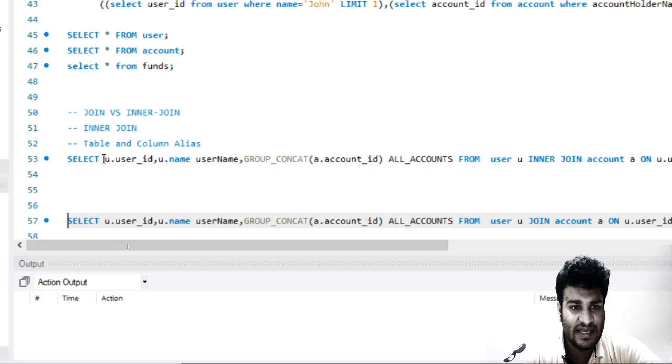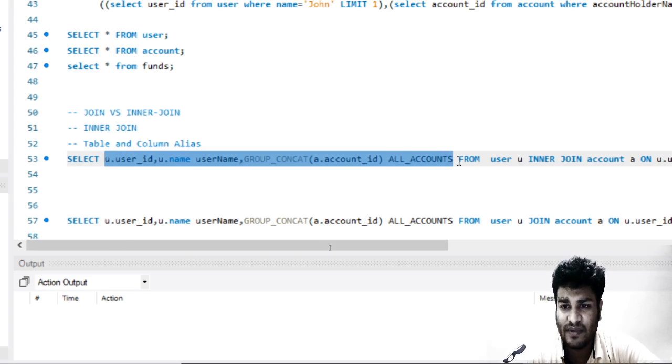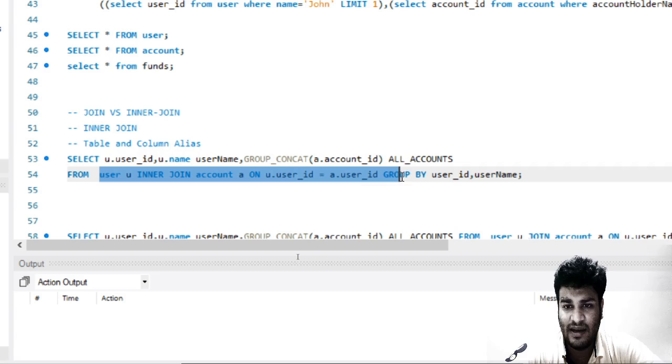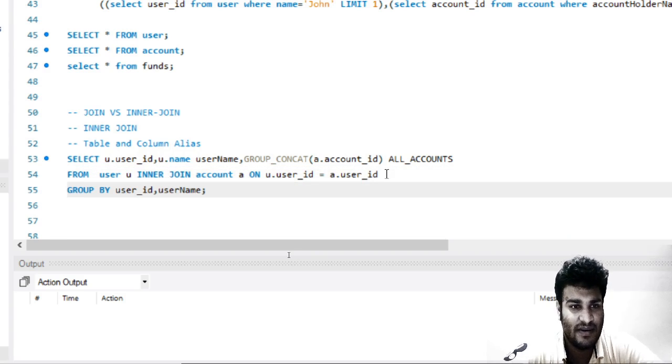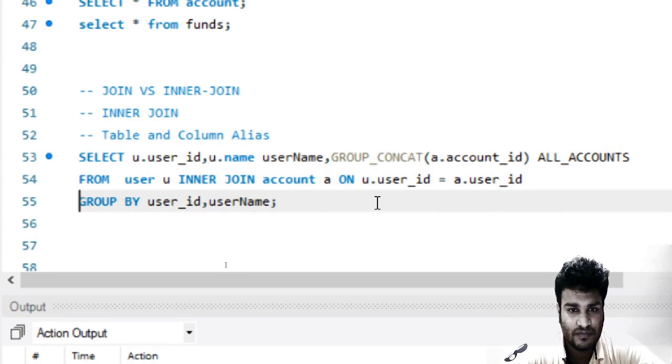If you see over here, select, then we have the column ID, right? And then after that we have from, then we have the table, and at the end we have the group by statement. So if you see line number 53, 54 and 55.